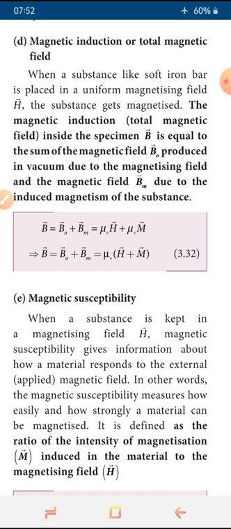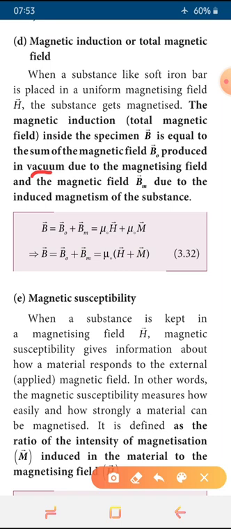And another one is due to the induced magnetization of the substance. Some magnetic field is induced there, no? So due to that induced magnetic field, what is the magnetic field value? Then the magnetic field produced by the magnetizing field in vacuum. Note here the point is vacuum. We have to mention that also. Understood? And then we are writing the formula B vector is equal to B naught vector plus Bm vector.